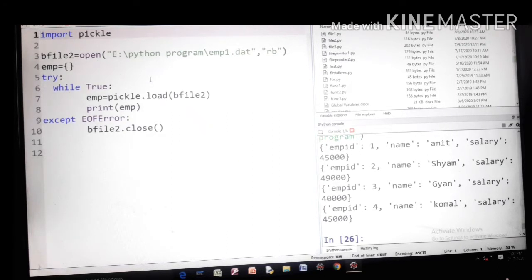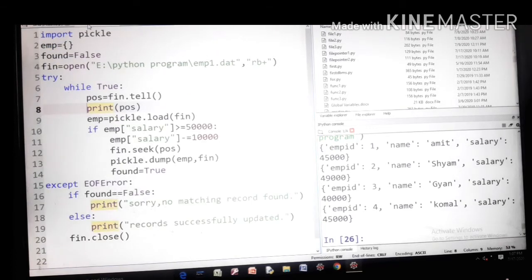Okay, now in the binary file how we can use seek and tell. Okay, let us come to seek and tell. Now this is a simple program where I am just writing the program. Let us make some changes here because I have already changed some things.